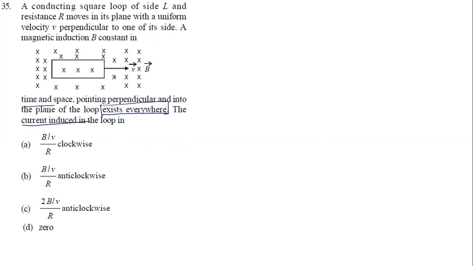Look at now, a very simple thing. As it moves, since the magnetic field is uniform and exists everywhere, tell me, is the magnetic flux linked with this given area going to change? No, right? If there is no change in magnetic flux, no current is going to be induced. Induced EMF is equal to minus d phi by dt. Whenever the flux changes, there is an induced EMF. Even though it is moving, the magnetic flux linked with the coil is not changing, so there is no induced EMF at all. So 0 is the right answer.